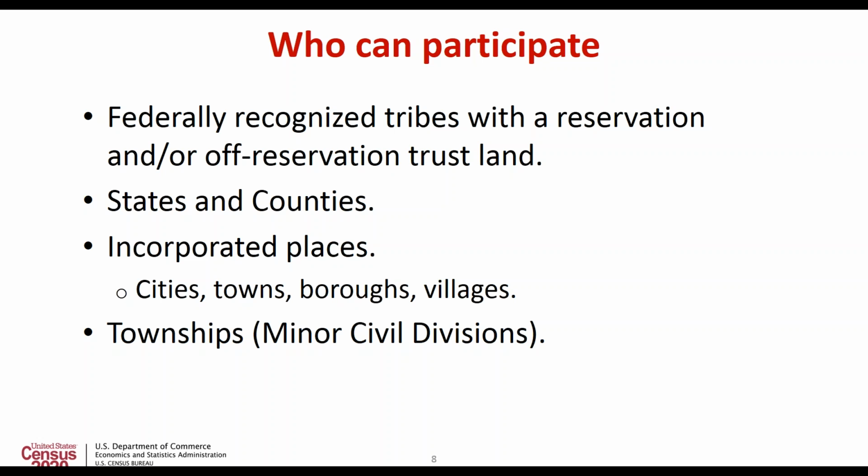So who can participate in LUCA? Townships. In the Vermont area, most of the governments are organized at the town level or the village level. Any active functioning government can participate in LUCA. In much of the rest of the United States, county level government is participating in LUCA. That's how government is organized outside of the New England area for the most part. But in the New England area, most government activities are organized at the town level. Vermont, as a state, will be participating in LUCA, and Leslie might be able to talk more about this later, which is that the VCGI will be partnering with an E911 board to participate at the state level,